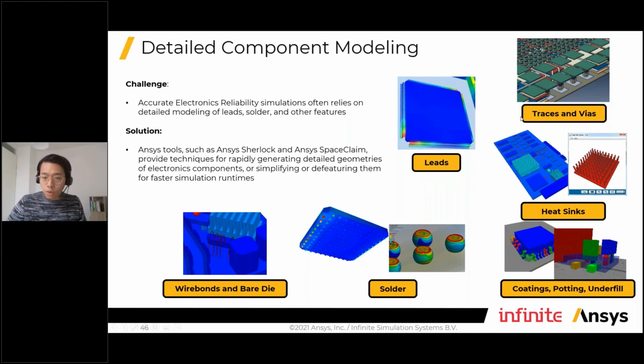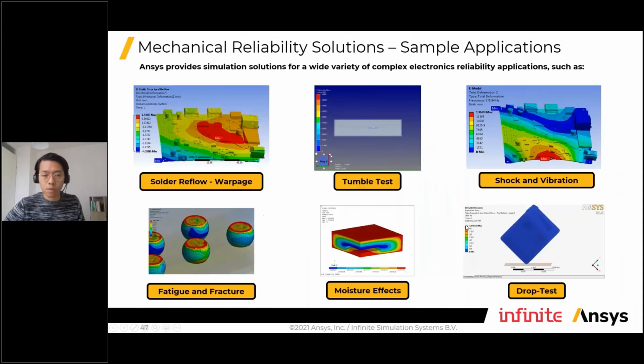We can also look into more detail, for instance the heat sinks, the leads, and most important, the solder joints, and how we're going to have our solder arrays, which one is going to suffer most of the thermal stress and maybe accumulating strain, and how it is eventually going to fail. This is usually one of the weakest spots in our entire electronic devices.